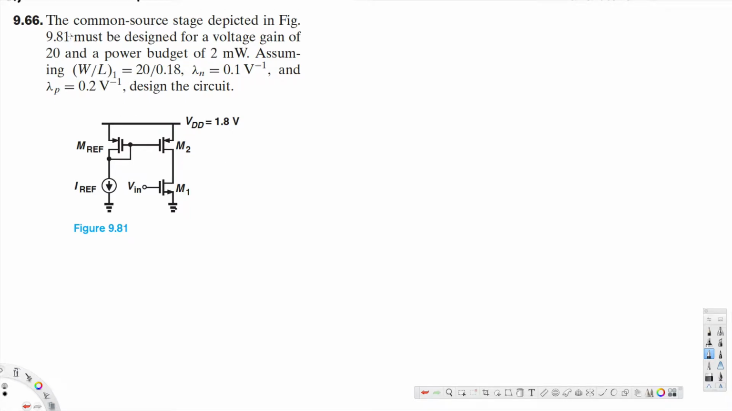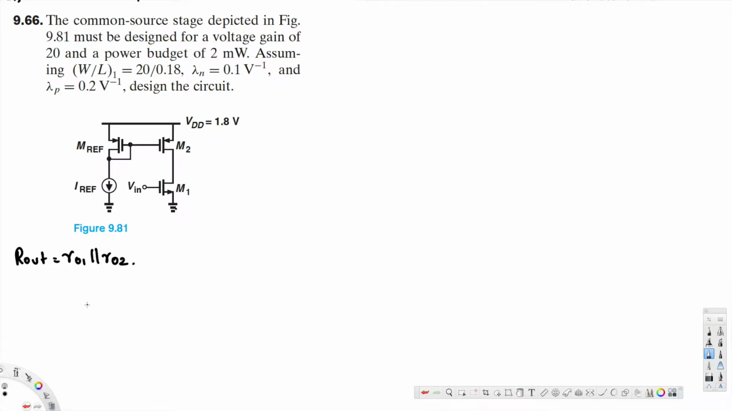Let's look at this problem right here. This question is asking: the common source stage depicted in the figure must be designed for a voltage gain of 20 and a power budget of 2 milliwatts, assuming W over L1 is equal to 20 over 0.18, lambda n is equal to 0.1 V^-1, and lambda p is equal to 0.2 V^-1. Design the circuit. Okay, here we know that R out is equivalent to RO1 parallel to